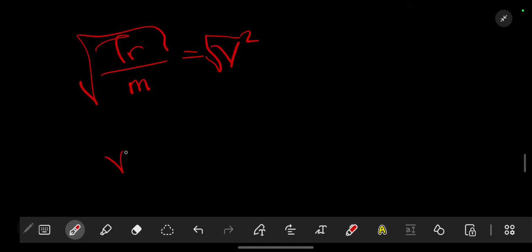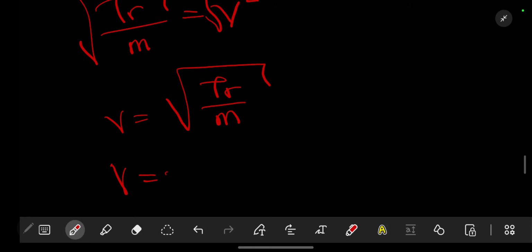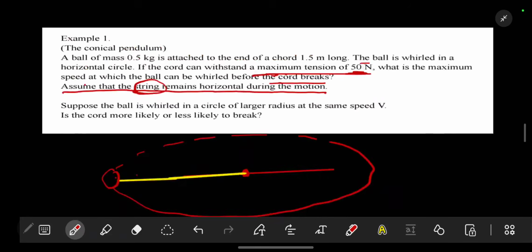This gives us a value of v that should be equal to the square root of Tr over the mass. Then our velocity will be equal to the square root of, what is our tension? Our tension, the maximum tension, is 50 newtons, times what is our radius? So for a horizontal circle